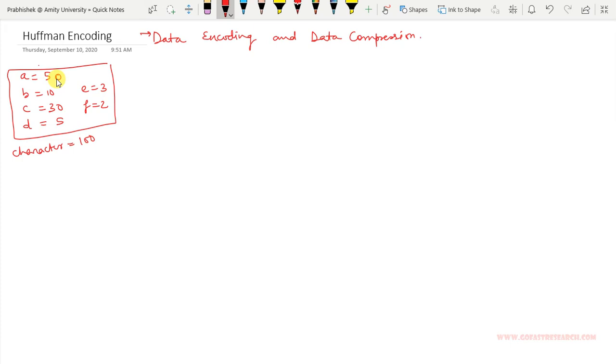So in order to perform any kind of operation like encoding, compression, or data transmission, first of all we have to digitize this message. We have to convert this message into the digital form, into the binary form. So how do we do this encoding into binary form? We can do this using various methods. First of all we will see the basic encoding technique, which is the ASCII encoding technique.